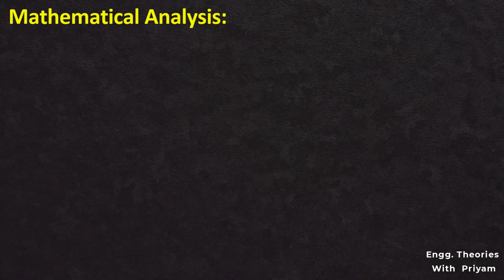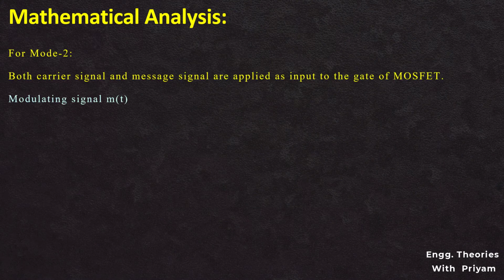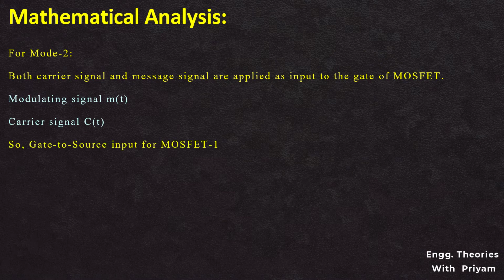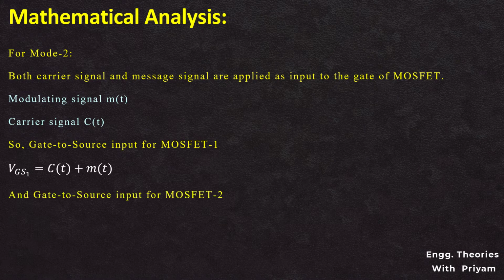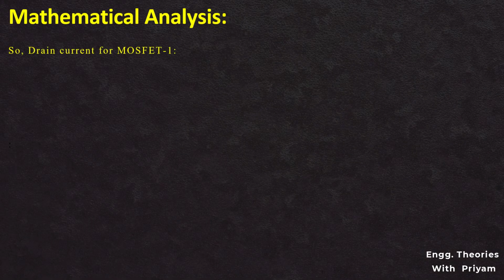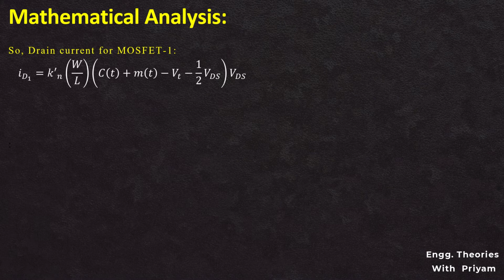For mode 2, both carrier signal CT and message signal MT are applied as the inputs at the gate of the MOSFET. Hence, the gate to source voltage for MOSFET 1, VGS1, is equal to CT plus MT, and the gate to source voltage for MOSFET 2, VGS2, is equal to CT minus MT. So the drain current from MOSFET 1 is ID1 equal to Kn prime W by L (CT plus MT minus VT minus half VDS) into VDS,